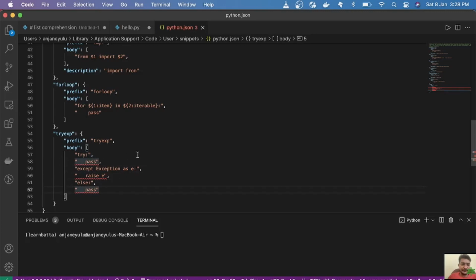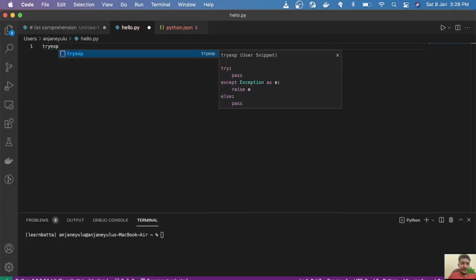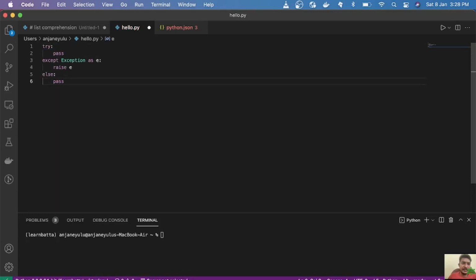Let's save this, come back to the Python file, type exp and hit enter. It will autofill the code block that we have defined in the custom VS Code snippet.